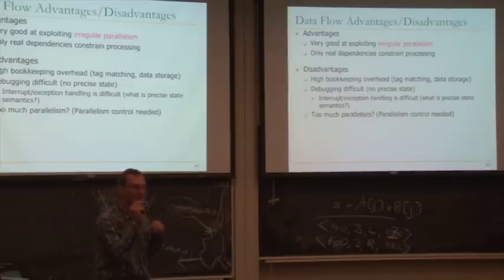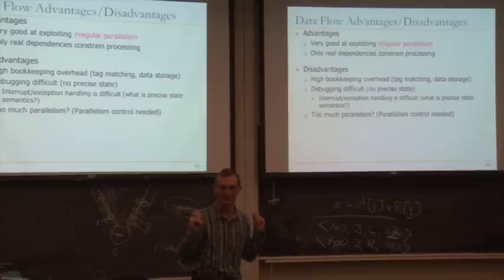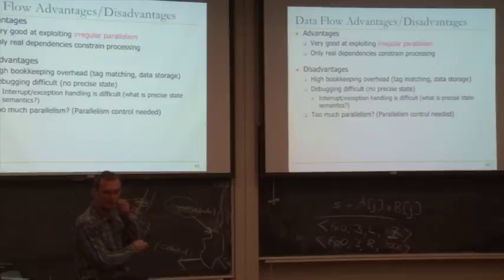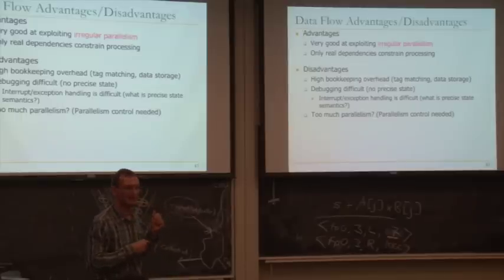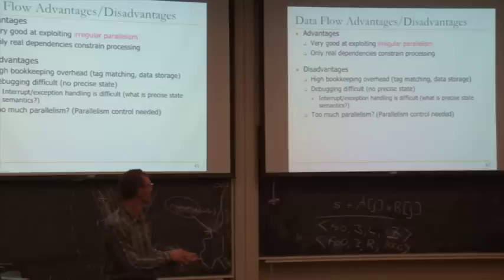Or you don't have a known precise state. At any point you can have a precise state, which is a cut across your Dataflow graph, but that's not known necessarily. That cannot be reasoned about. So this is perhaps the most difficult part in Dataflow. And that has made the ISA level Dataflow not successful. I mean, arguably, this is the reason. Because once you expose this to the ISA level, some programmer needs to reason about it. And even if it is just the system programmer or the compiler writer, it's very tough, right?